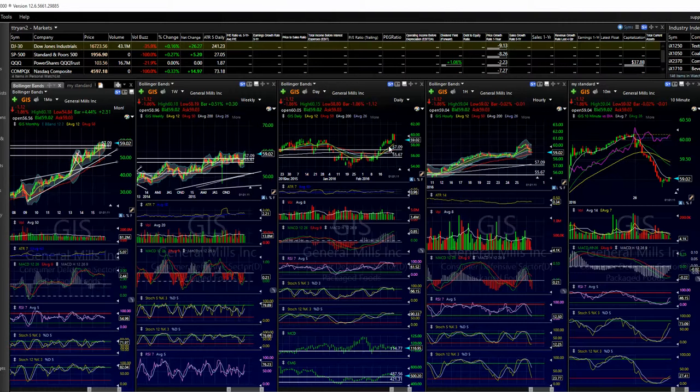In fact, this is General Mills. In fact, General Mills went a couple more days green, reversed that red candle right there, and then took off to the moon right up here. So I'm sitting in this trade negative. What do you do? Well, you take stock in what your original assessment was of this position and why you were in it to begin with, first of all.